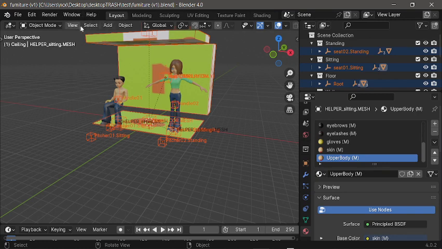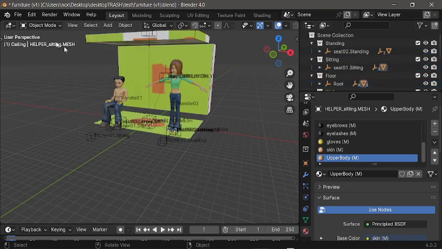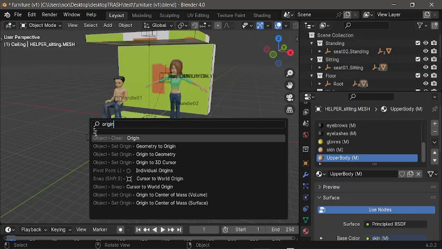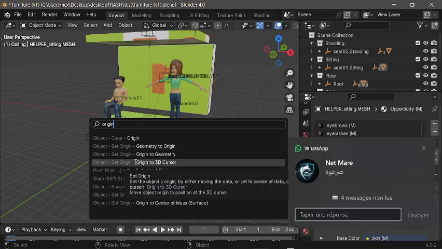First, before you select anything, you do None or Alt A, and then the cursor is centered. If the cursor is not centered, you press F3 for the menu. F3, you do Origin or Cursor, and then